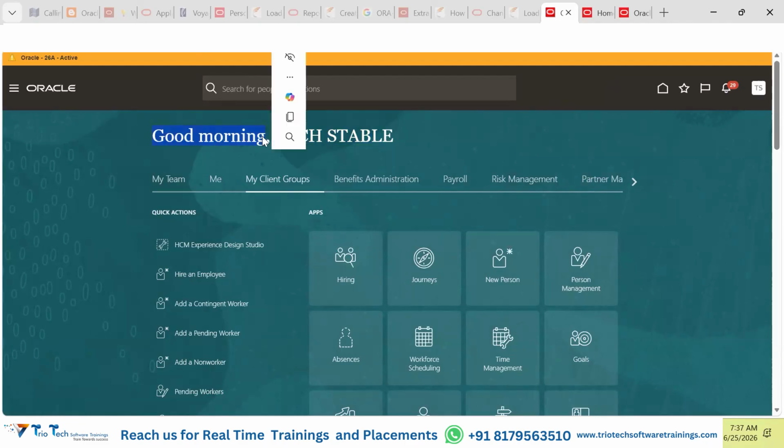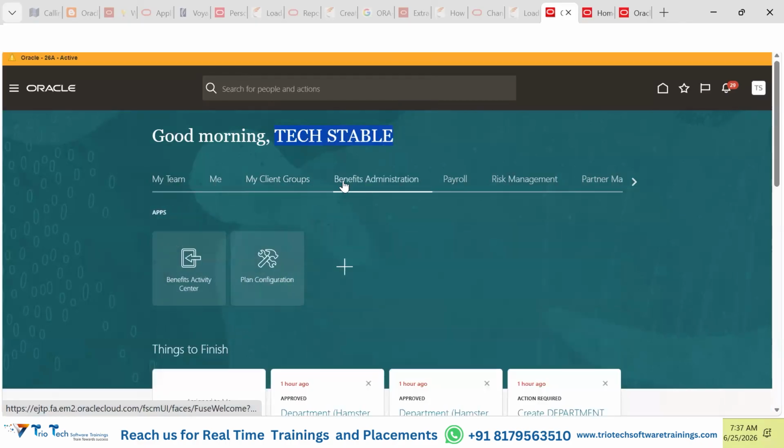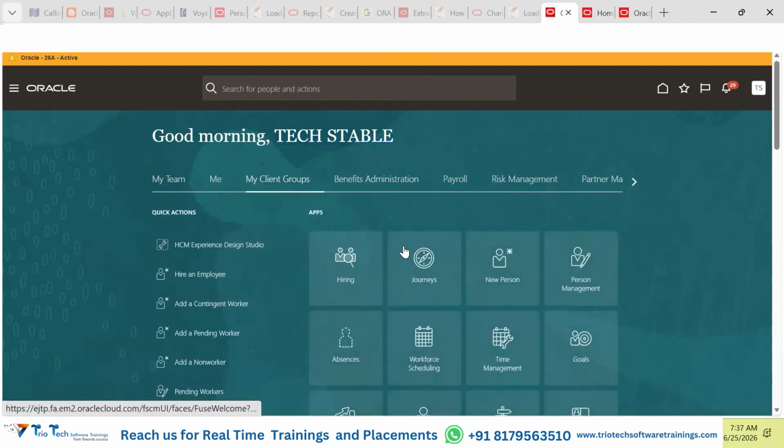Then guys, this user may be having some sort of access, some sort of role, some sort of responsibility to perform. Based on his access level, we are able to see different sort of tiles, different sort of sections. Each section may be having different sort of tiles. This entire thing we used to call a springboard. It's like a dashboard, the notice board, something like that. Clear?